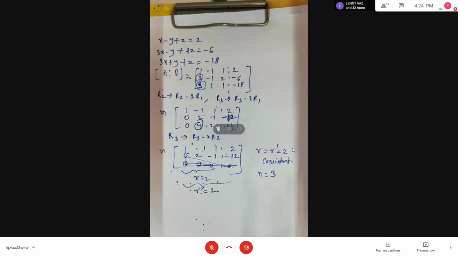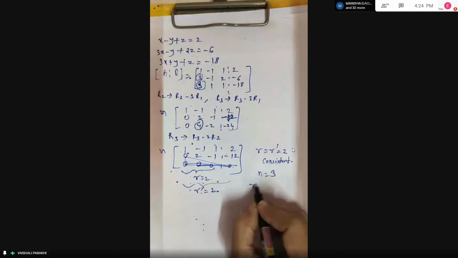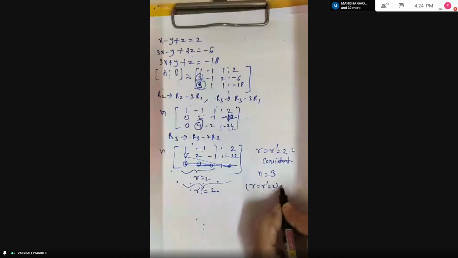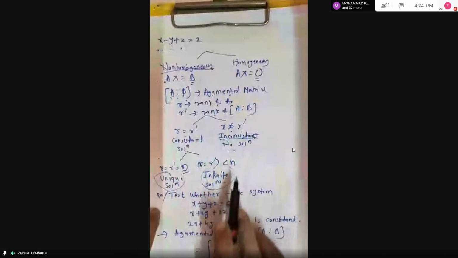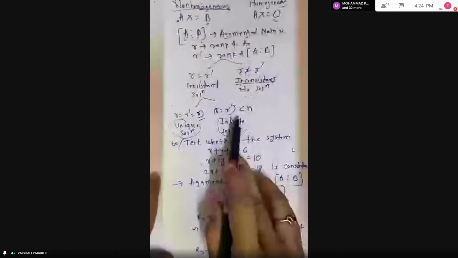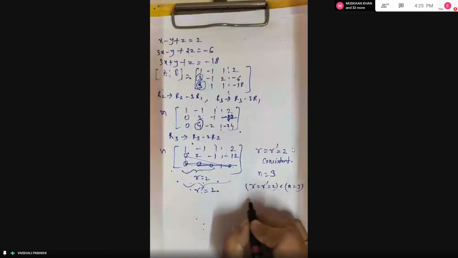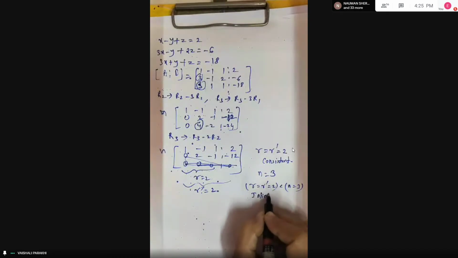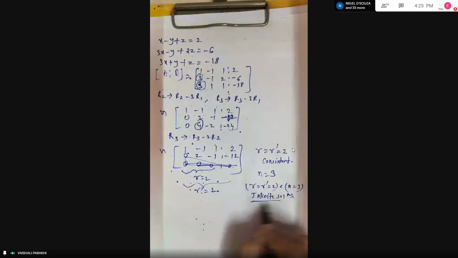Okay. So this is about the R and R dash, number of unknowns 3. So R is equal to R dash is equal to 2, but it is less than N, right? And if it is less than N, then what our tree says, which I have shown you in the beginning of the class, R is equal to R dash, yes, infinite solution. It is less than N means it goes under this category, infinite solutions. So here only you can write down you are getting infinite solutions.